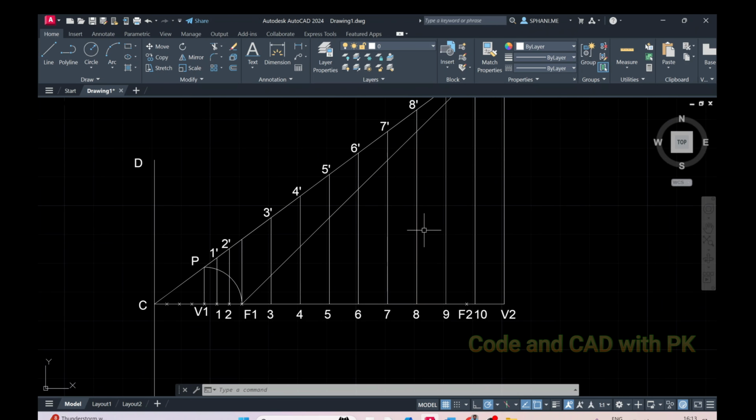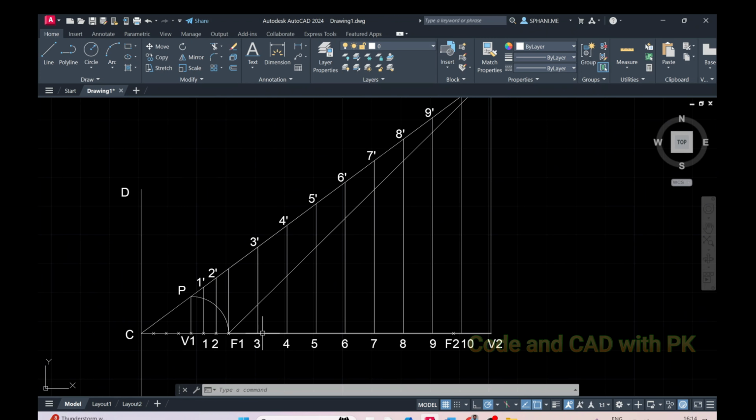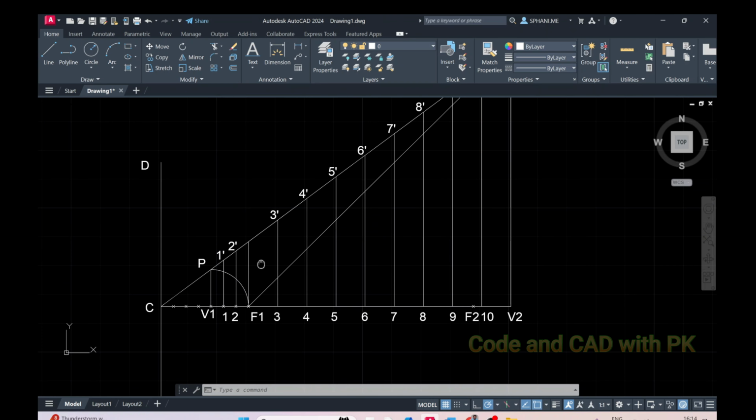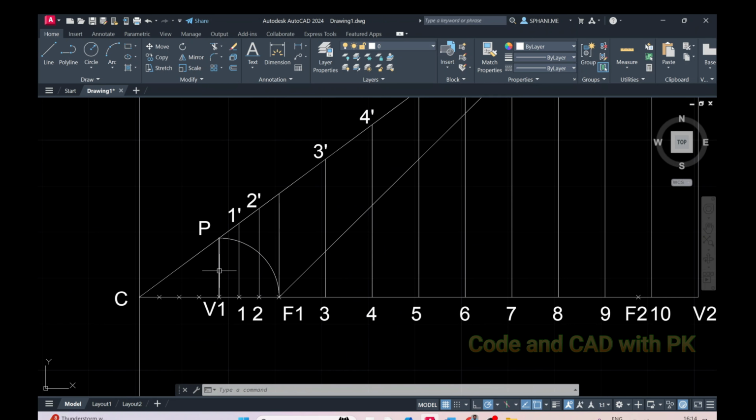I have located this equal distance. Here you will get a doubt why 10 mm are distances you have to divide it. You can divide 2 mm, 3 mm, 4 mm, 5 mm, whatever the dimension. Accordingly we will get the locus points to draw a free curve on that locus points. Okay, generally I will consider as the 10 mm distance. Okay, so